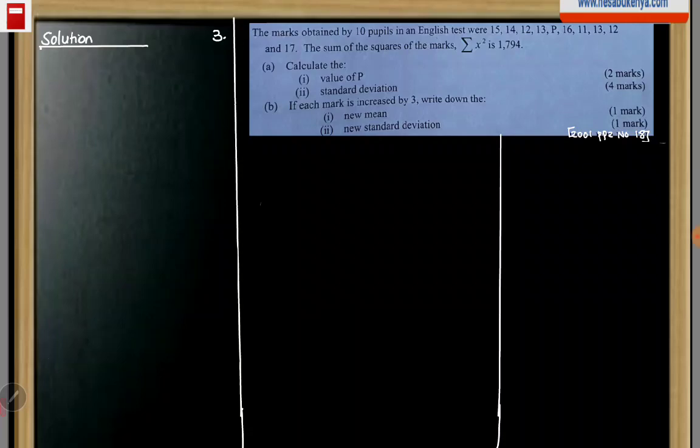Question 3. The marks obtained by 10 pupils in an English test were 15, 14, 12, 13, P, 16, 11, 13, 12, and 17. The sum of the squares of the marks, that is the summation of x squared, is 1794. Part A, calculate the value of P and the standard deviation. B. If each mark is increased by 3, write down the new mean and the new standard